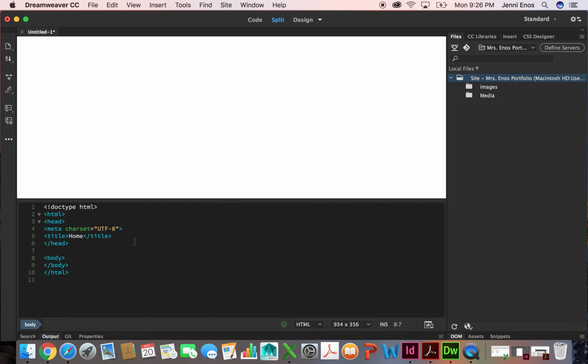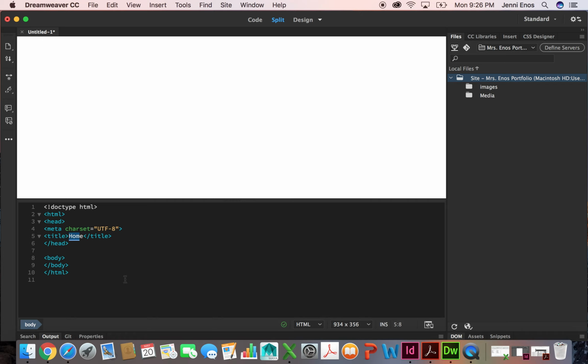It'll be the same whether you're using an iPad, a phone, or a desktop. So whatever browser you're using, it will be the same. Whatever device you're using, it will be consistent. So it's important to make sure that you are using HTML5 and that you title all of your files appropriately